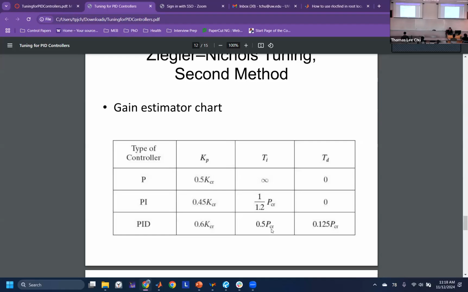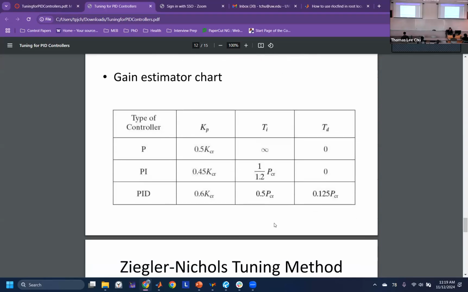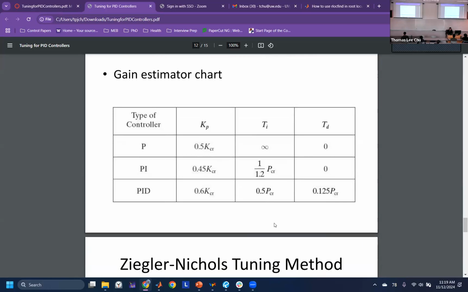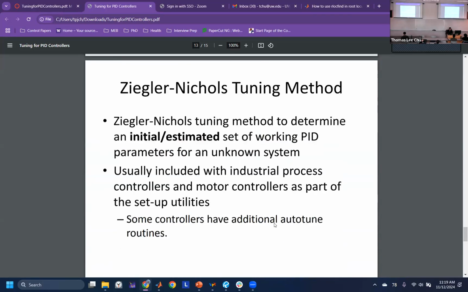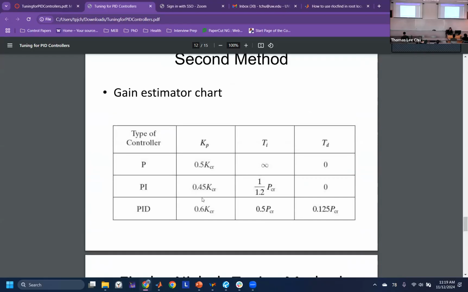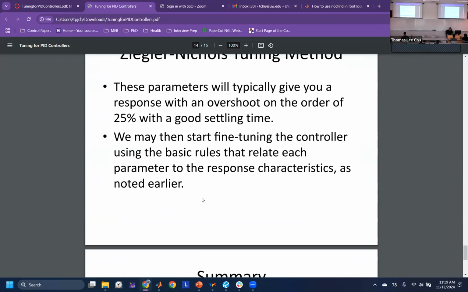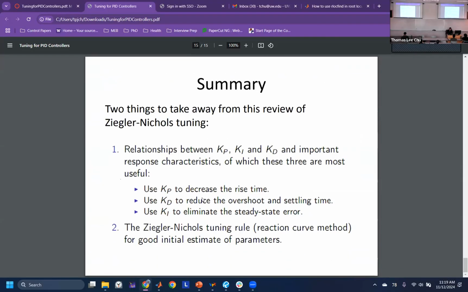Or why are you increasing the gain on your integral? You tell them, the settling time's too long right now and the integral gain is too high. We'll reduce it, and that should reduce your settling time as well. So when they question you, you can apply this tuning method and tell them why you know which gain to tune. They just give you a general framework on how to tune the system, and a really